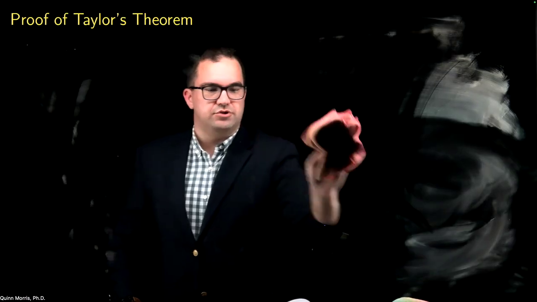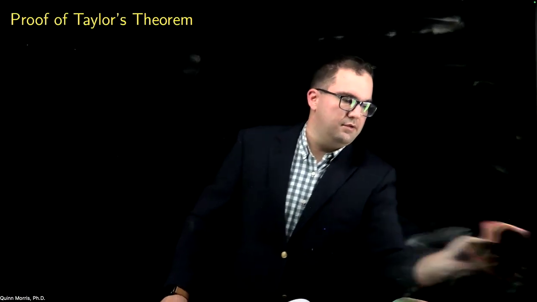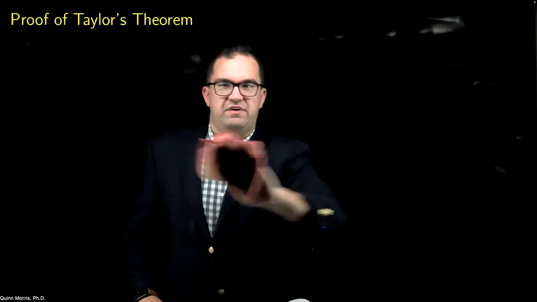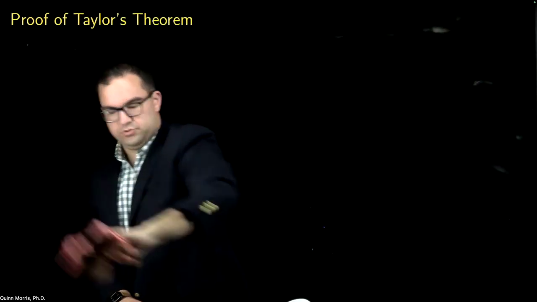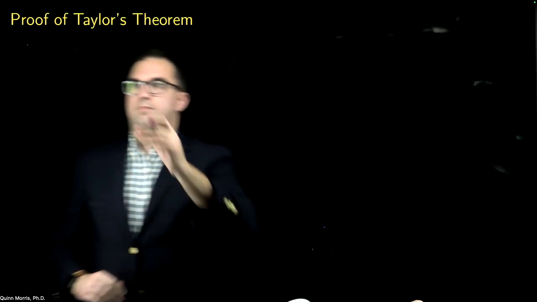Now, of course, I've just erased that down at the bottom of the board here, but as you look at your notes, what is the n plus first derivative of phi at x sub n plus 1 going to look like? Okay, so this implies